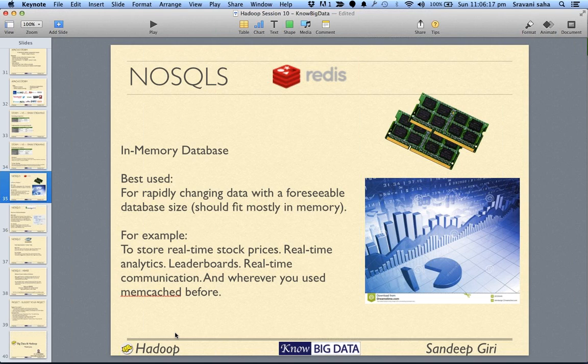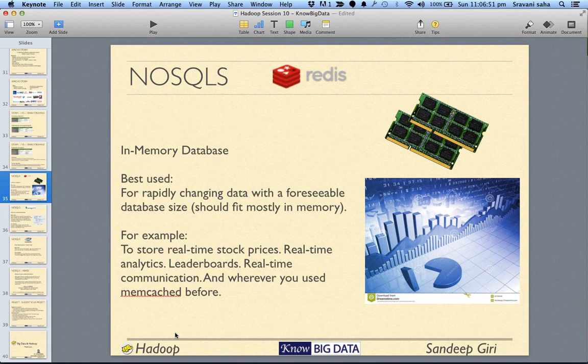Specifically, if you want to write data very fast, if your data is changing extremely fast, changing data on SSD or any hard drive is a very big process. It takes a lot of time, and therefore in those circumstances Redis will be your best solution. Your data should fit into memory, that is the only clause.